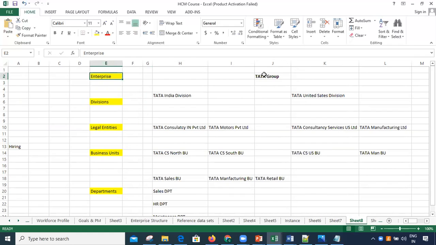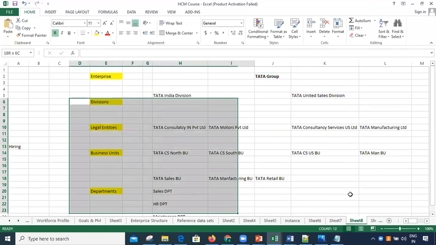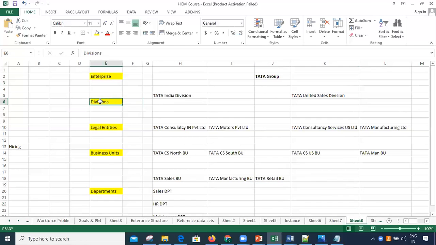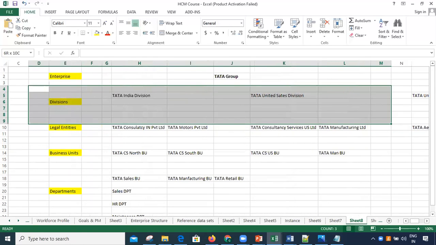Enterprise at the top level will give its services for all the components in the system. But divisions, nowhere are we going to use in the system. Just when we define the structure, we can create them, but in the coming usages we will not use the divisions concept anywhere. So this is not mandatory in the system to create.